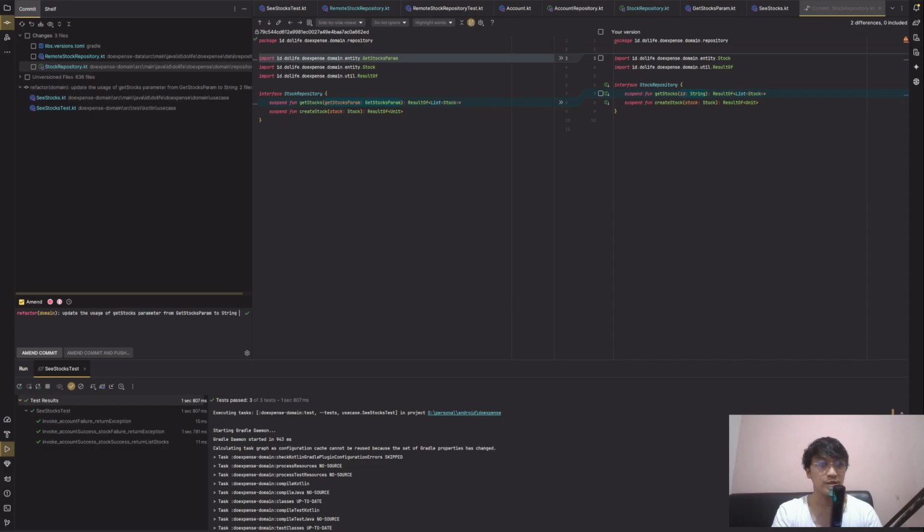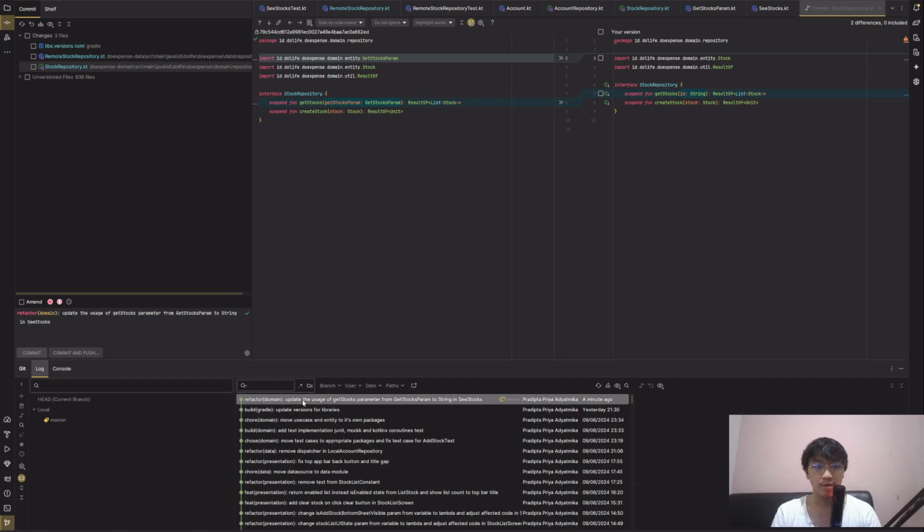So we changed it in our C stocks use case. So in C stocks. Okay, after that, amend the commit. Done. Let's recheck. Refactor domain. Update usage of getStocks parameter from getStocks param to string in C stocks. Okay, nothing wrong.